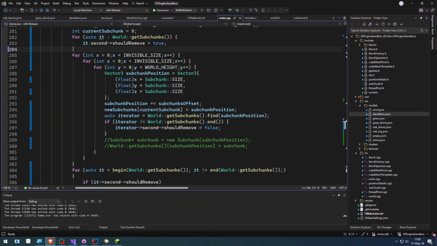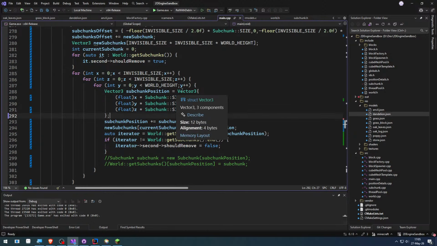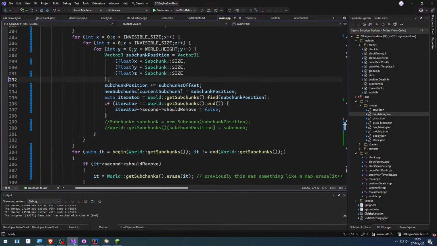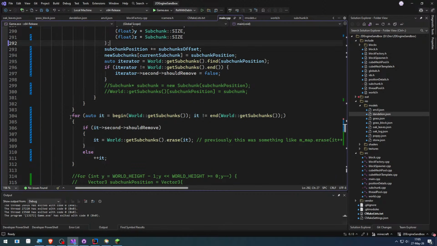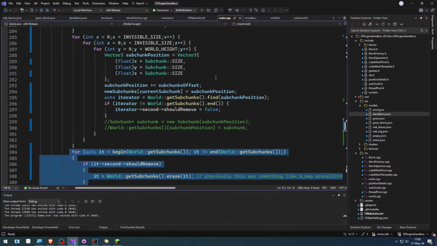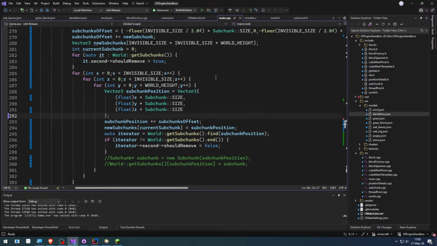So we're unloading them. Now we need to go over. Let me think about it. We are unloading them here. And okay, let's